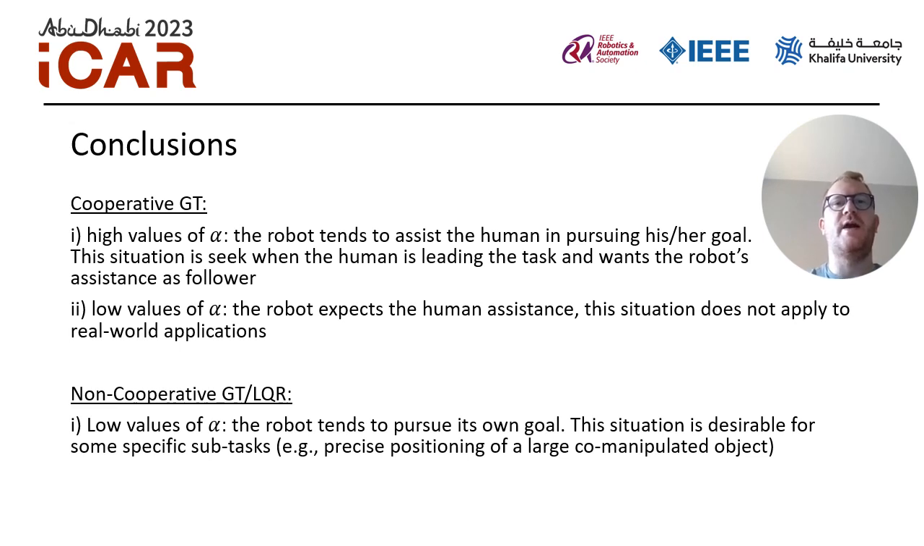It is very unlikely that the human knows the robot's objective and wants to put some effort into pursuing something that he doesn't care about. In the non-cooperative and linear quadratic case, at low levels of alpha, the robot tends to pursue its own goal. This situation is desirable for some